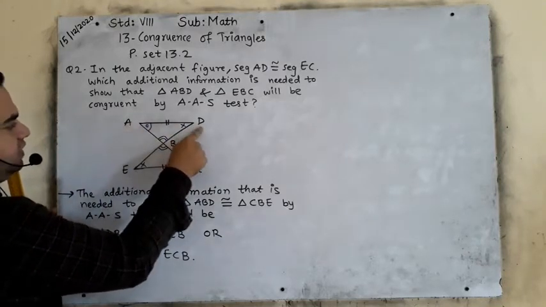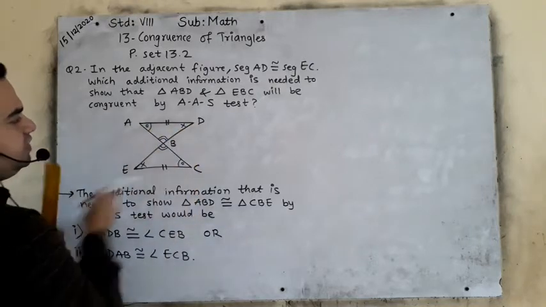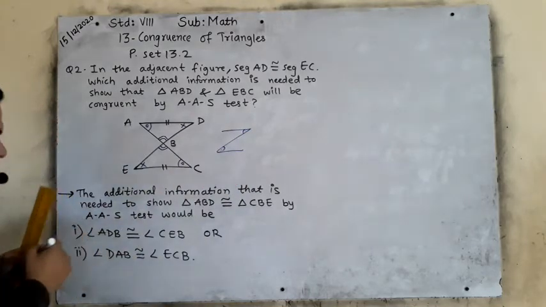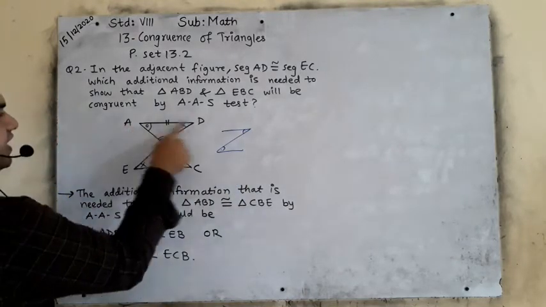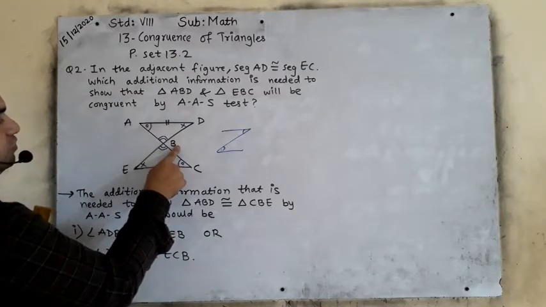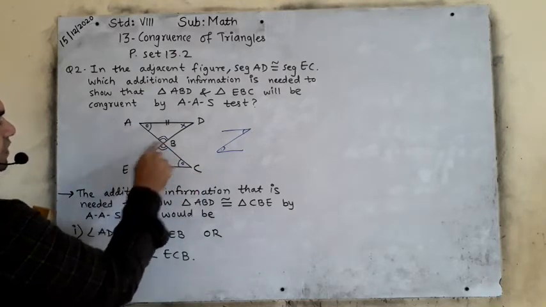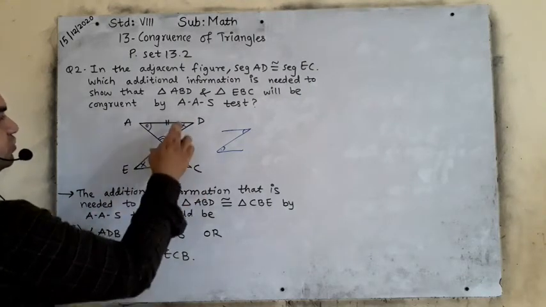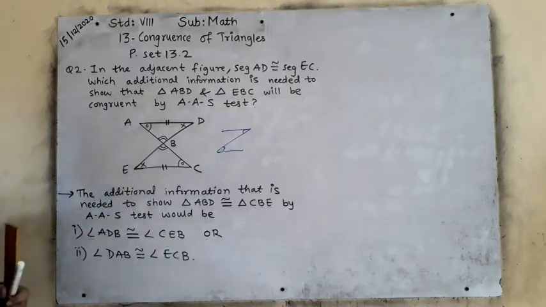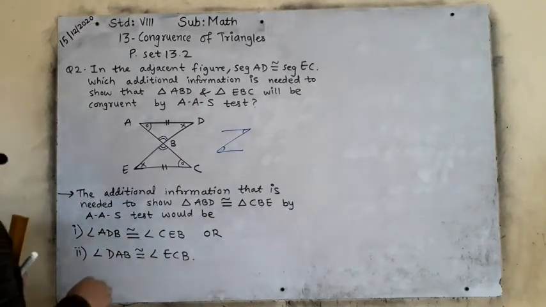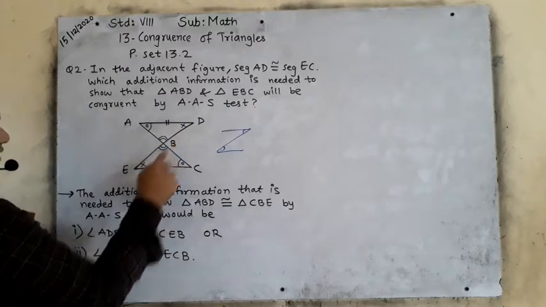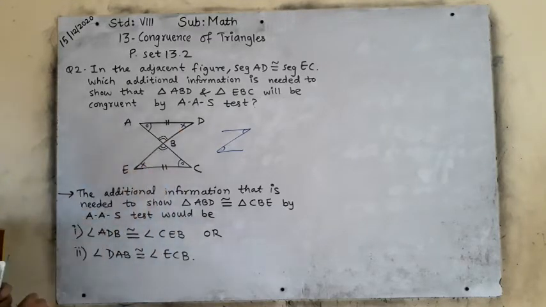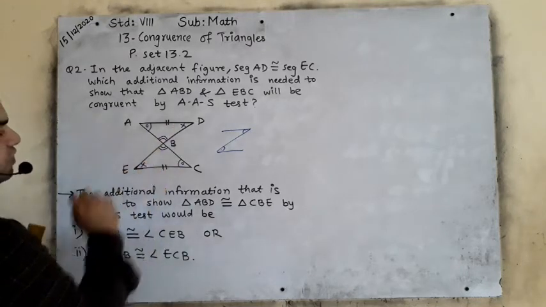See, ADB. So this is Z. Can you see Z over there? Like this Z. So this Z always shows that the alternate angles will be congruent. So ADB will be congruent to CEB. Whenever you see Z, its alternate angles will be congruent to each other. So therefore we will say angle ADB is congruent to angle CEB. Can you see these identical marks which I have given? So angle D is congruent to angle E.